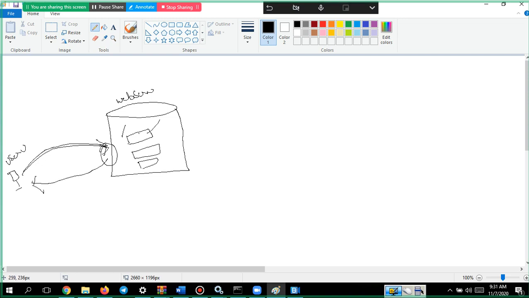At this particular part, developers will create something called logging.